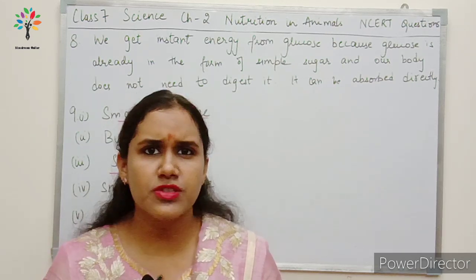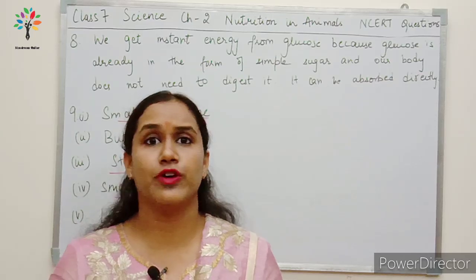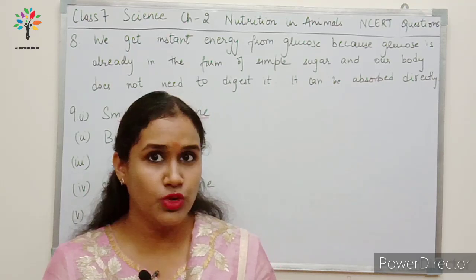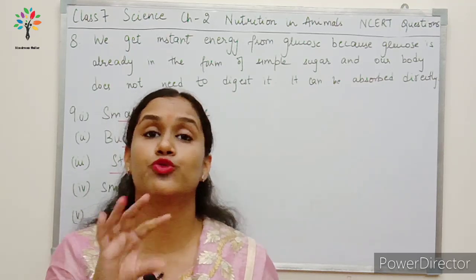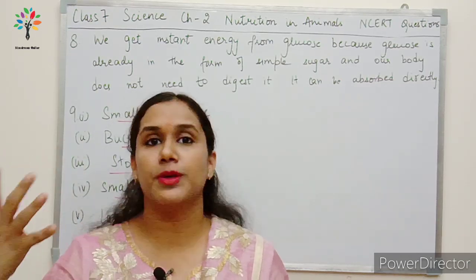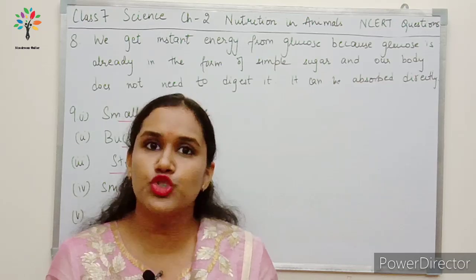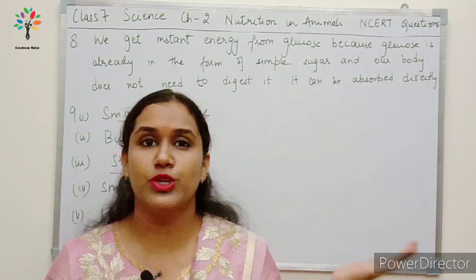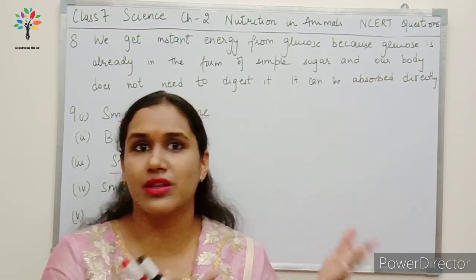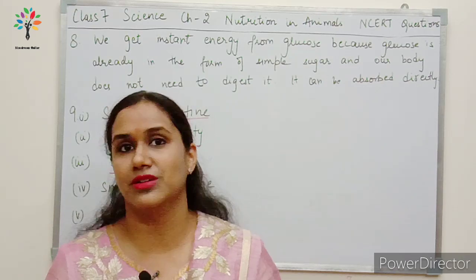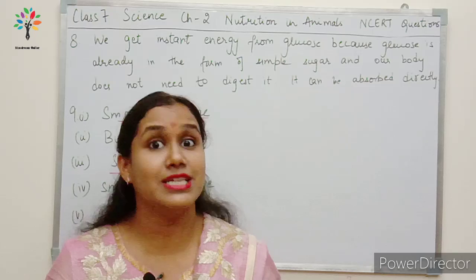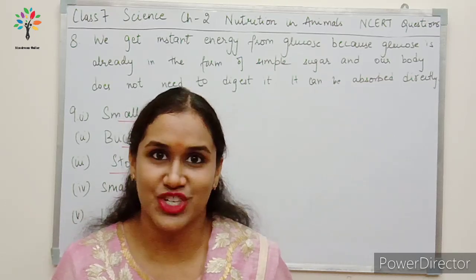Differences, there are lots of differences. You can write any one which you like. For example, the amoeba does not have teeth. It does not mechanically break down the food, whereas the humans, they break down the food mechanically, right? In human beings, we have glands which support the digestive system and secrete the juices, whereas in amoeba, we don't have glands per se, but there's only one vacuole which secretes the digestive juices and helps in the digestion, right? If you can think of more differences or more similarities, please leave your answers in the comment section.